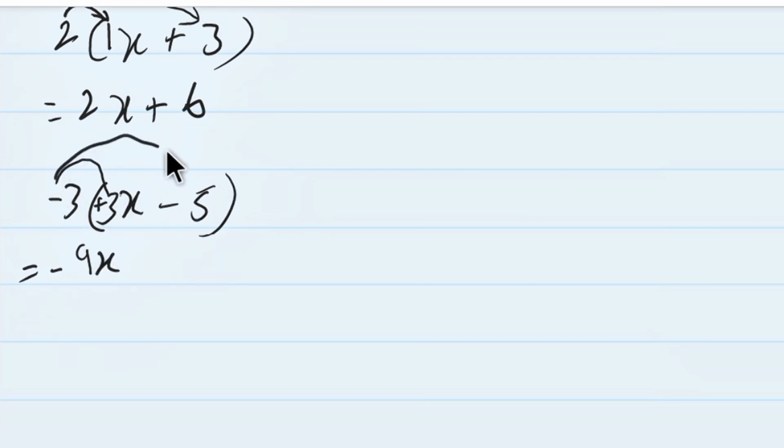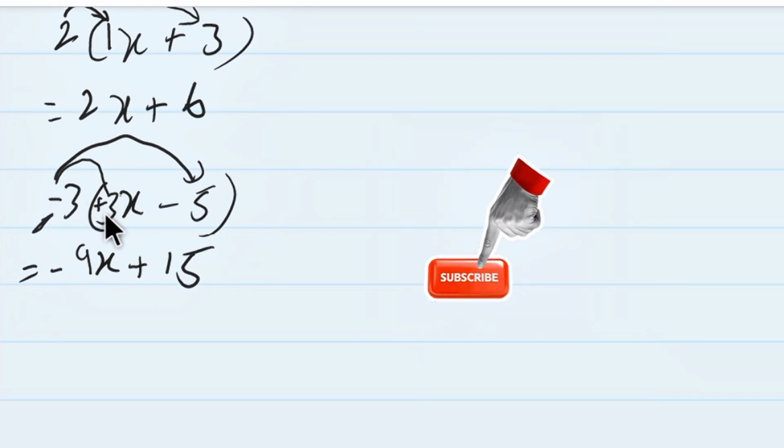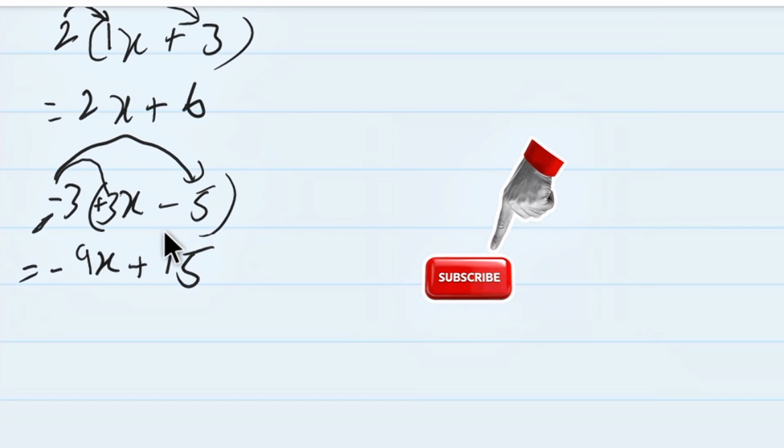Now in this case we will again multiply symbols first, that is minus multiplied by minus is plus, and now we will multiply the constant values, 3 fives are 15. Or in other words, we can remember that if there is a negative symbol outside the bracket, then it changes the symbols of all the values inside the brackets. That is, here is a negative symbol outside the brackets, so it changes the symbols of both values. Plus 3x had a symbol of plus, so it changes to minus, and this value had a symbol of minus, it changes to plus.